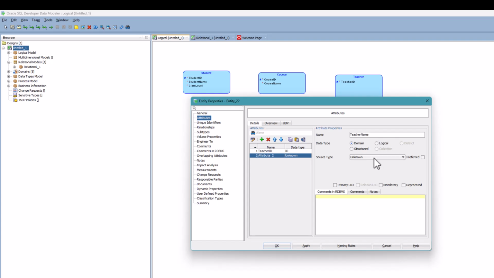This also has a source type for the name. We're going to make this mandatory because it makes sense that we have a value required when we have a teacher ID. So we're going to apply that. And our last field is going to be the teacher email. This also has a domain associated, and we're going to make this mandatory. We're going to apply this, but at this point we're not going to say OK because we're going to go